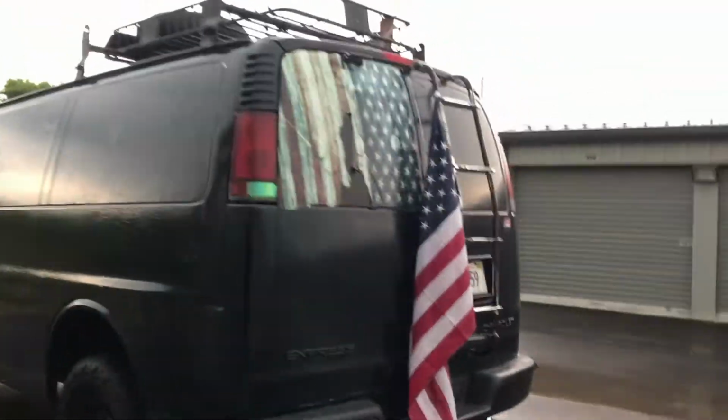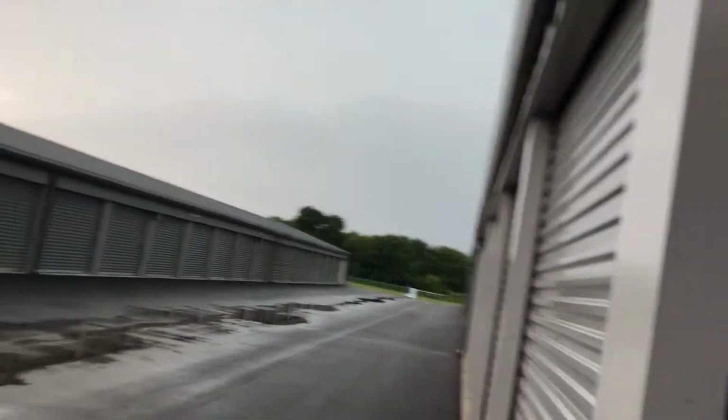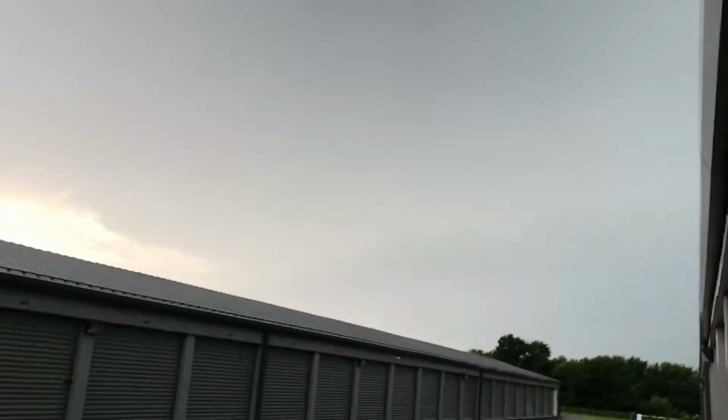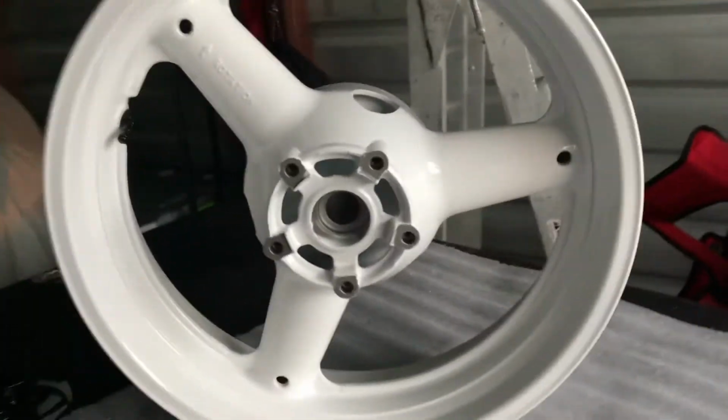The old moto van right there is starting to roll in right now. We're just in a storage unit here in Illinois. It's gonna be loud because the rain's gonna be dropping, but